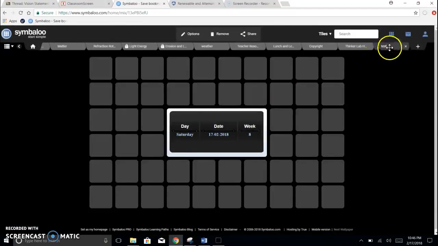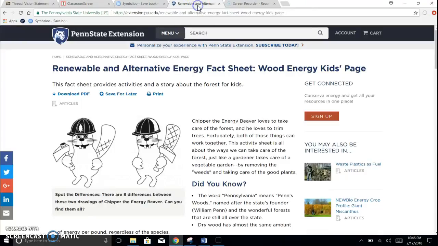You can see right here it says Test. I have a lot of tiles. If you are new to Symbaloo, you wouldn't have all of these web mixes at the top of your bar here. So we are on our test web mix, and I would need to have already decided what URL or what link I would like to connect to a tile. So I have a web page open right here that I would like to just connect into my web mix. So I'm going to copy the URL at the top,